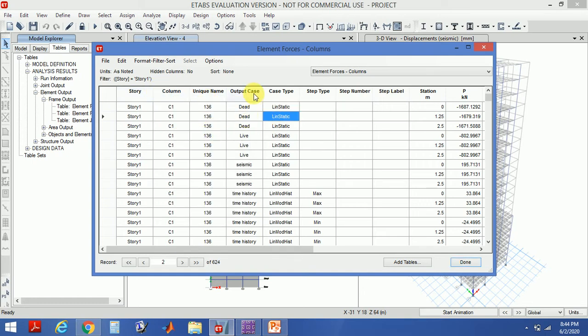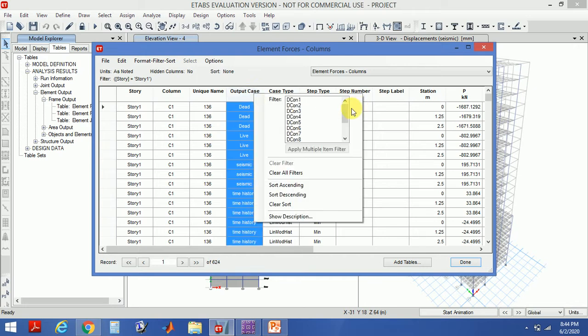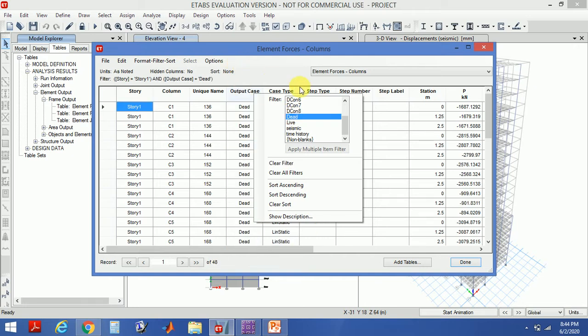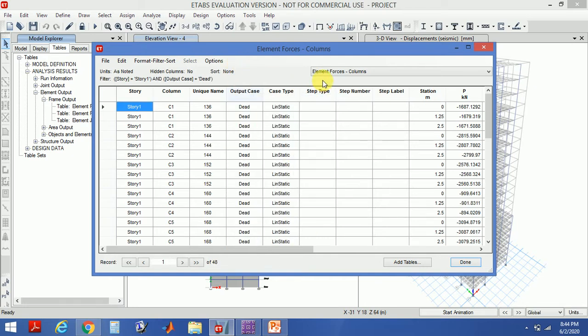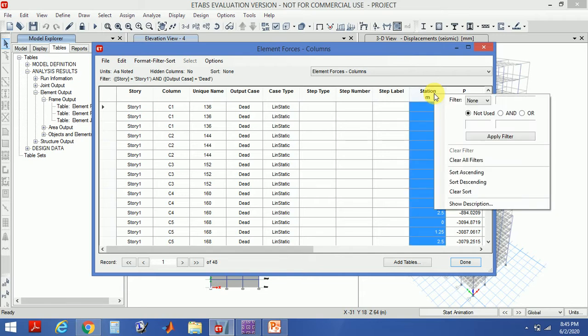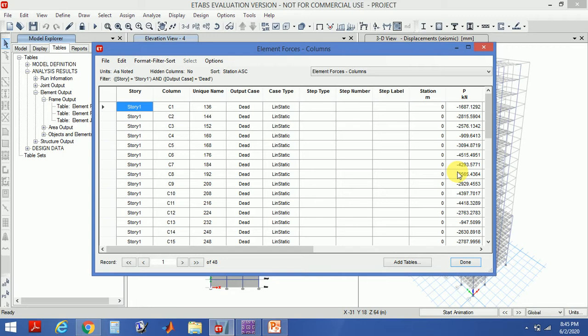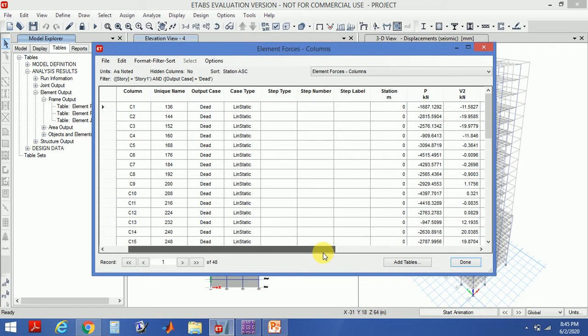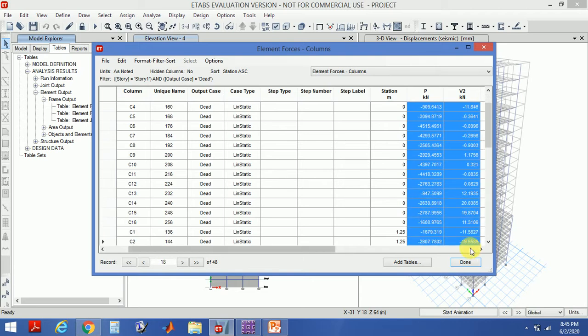Then in load case, we can select the dead load case. So go for dead load. Then in station we can go for sort ascending. So you will get the column loads from here. These are the column loads